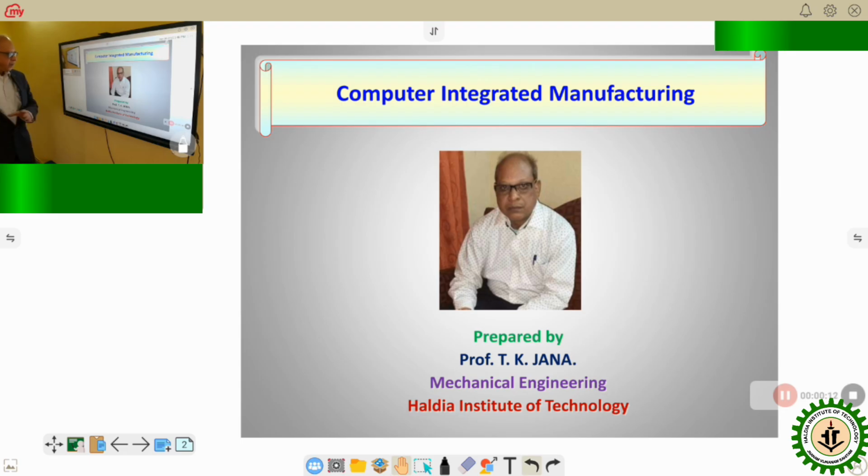If we go to our course curriculum or the syllabus content, computer integrated manufacturing is the title of the particular course, which encompasses all sorts of activities where there is a wide spectrum of application of computer activities like CAD, CAM, CAPP, CAP. Everything comes under the broad title of computer integrated manufacturing. Before going to the details of it, let us have a look at the